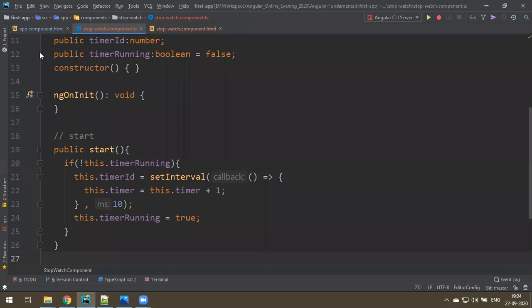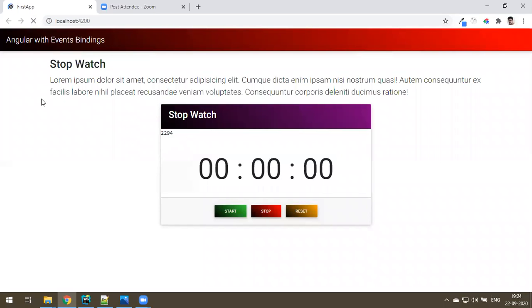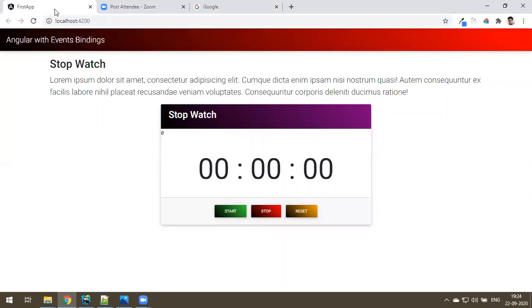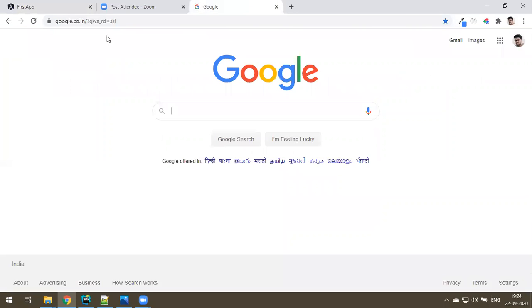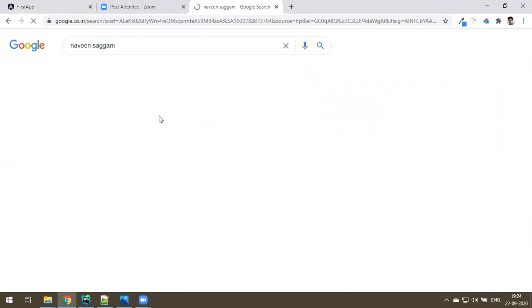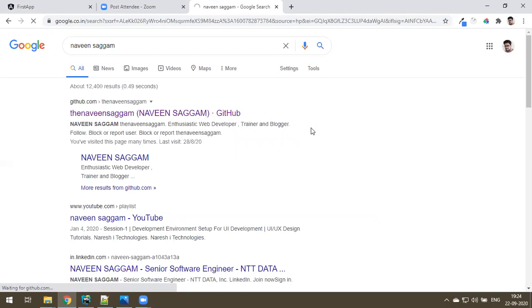Okay, how you do it is there's actually a formula. I forgot the formula. I think I used to do the same example with jQuery and JavaScript. So let me go to the source code of jQuery so I can find the formula. You can type my name, go to my GitHub account. Somewhere I have it.